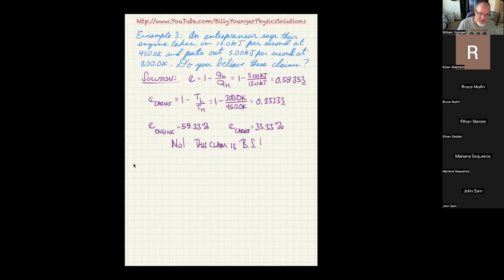Now, the Kelvin-Planck statement, I want to tell you just as another point, so you can have some idea visually what goes on with a heat engine. So when we talk about the Kelvin-Planck statement,